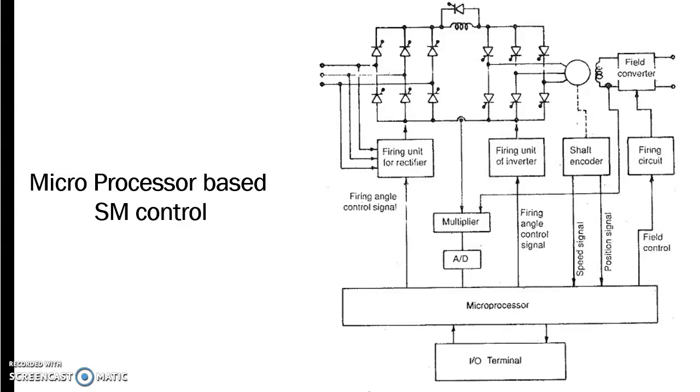In normal operation, the commands are fetched from the input-output terminals, and system variables like DC link current, rotor position, speed, etc. are sensed and fed to the central processing unit. After processing, the microprocessor issues the control signal to the rectifier and inverter, so as to provide the programmed drive characteristics. That is the overall function.